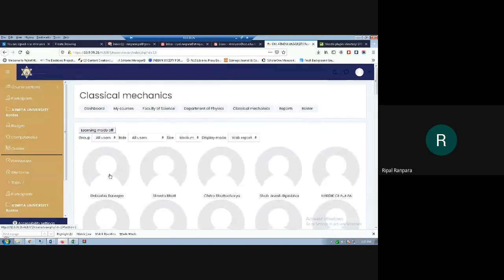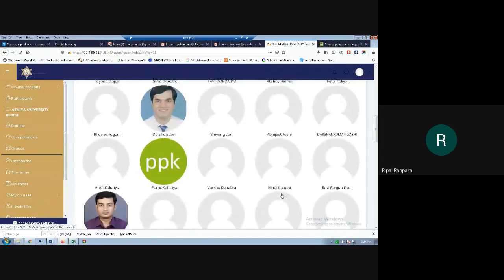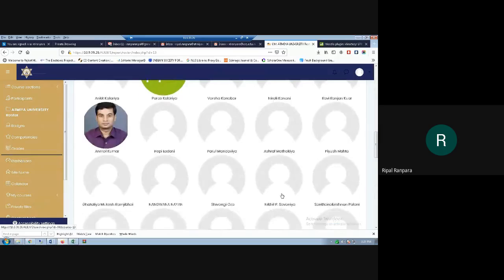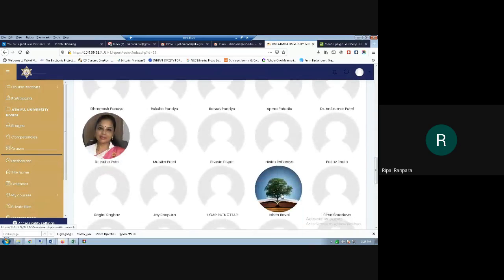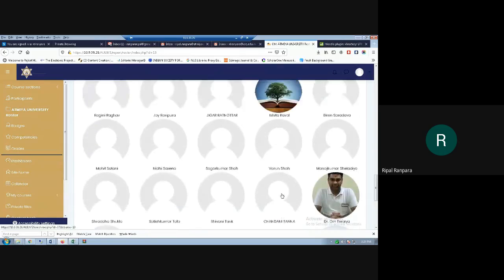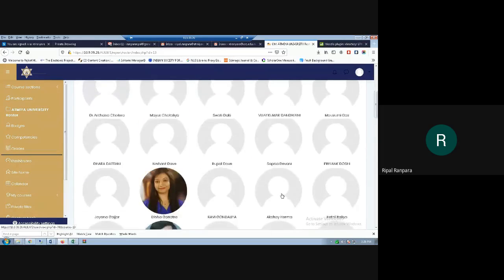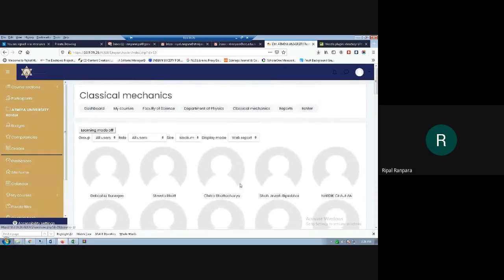So this is the roster which you can see if you want to see the details of the students and something like that. So this is the roster of your particular course. This is the best way, and if you want to print, you can print it.